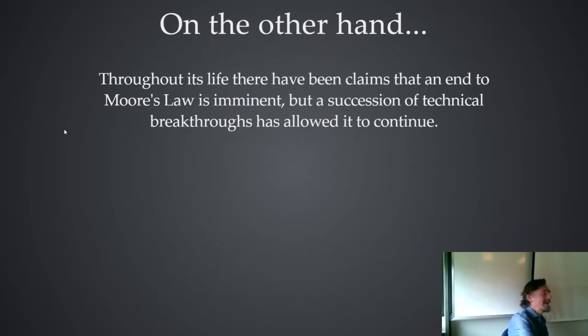I found a paper from 1980 saying we're entering the end zone for Moore's Law, making all the same arguments, that again, the transistors were getting too small, it was too hard to manufacture them, it couldn't keep going. They thought that it would end in 1980, and it didn't. And I'm sure people thought it would end in 1990, and it didn't. And this keeps happening. One day they'll be right.